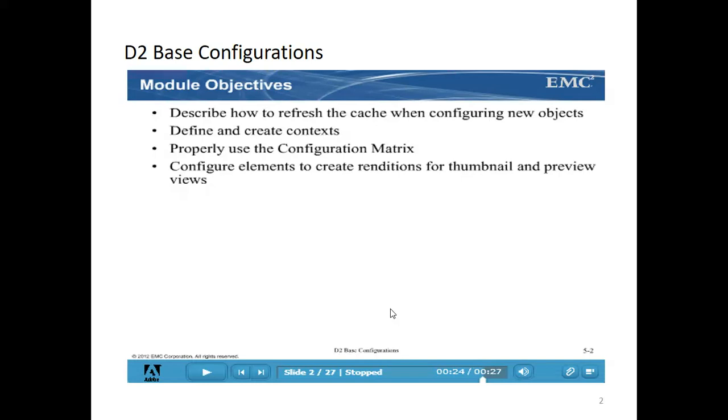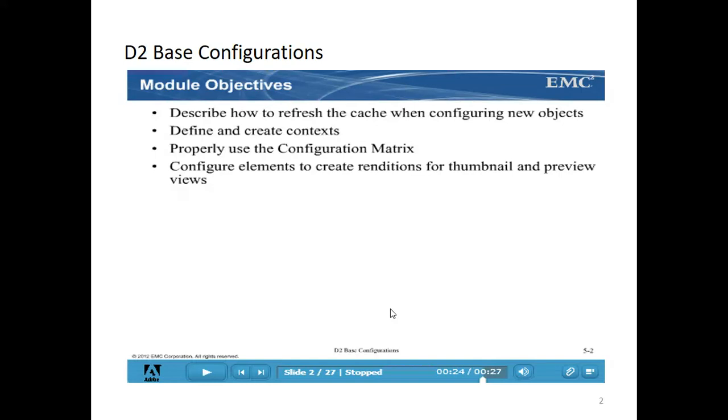And the third thing is how to configure the matrix. In a D2 config, you can see some graph level matrix. Top to bottom, the configuration elements will be there. Left to right is nothing but context. So how to define those, how to map those configuration matrix and those symbols, let's talk about that.